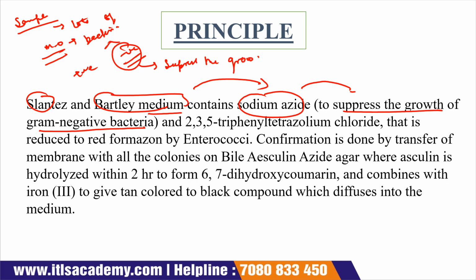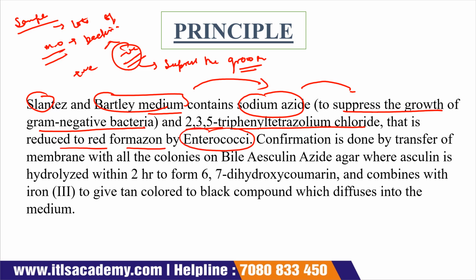It also contains 2,3,5 triphenyl tetrazolium chloride. Every ingredient has its role. Sodium azide suppresses the growth of the gram negative bacteria, and 2,3,5 triphenyl tetrazolium chloride is reduced to red formazan